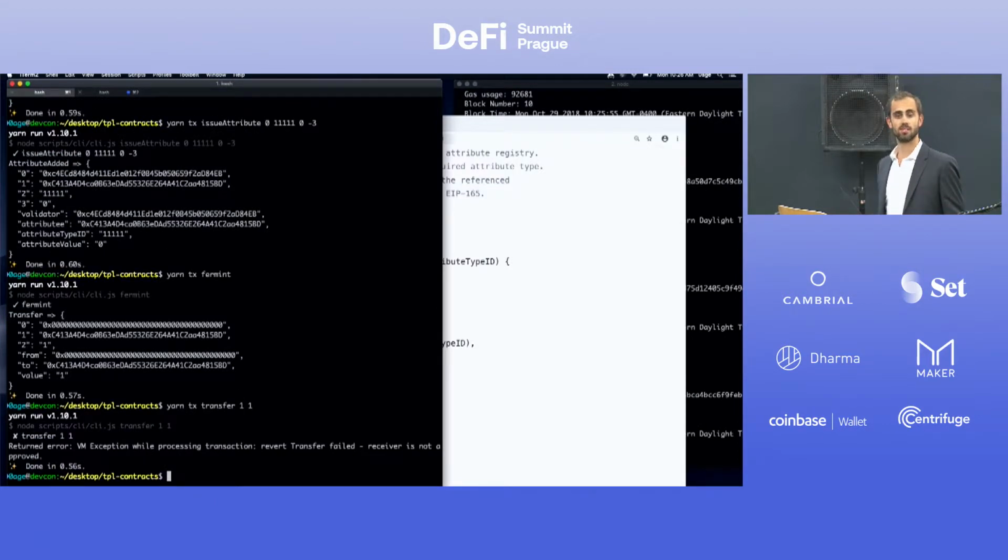I'm going to run into this same error. One of the cool things about TPL is that it doesn't stop at the minting stage, the crowd sale stage. It's baked right into every single transfer you're making. So if we issue an attribute now to the recipient,